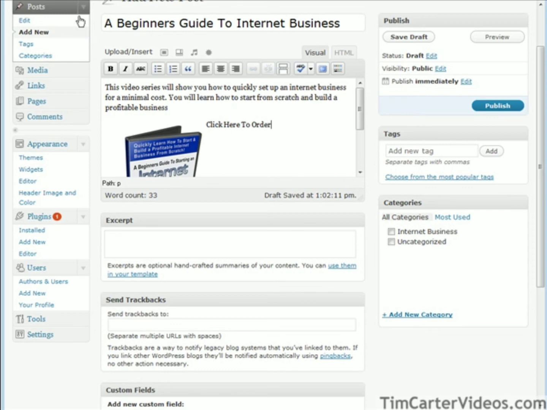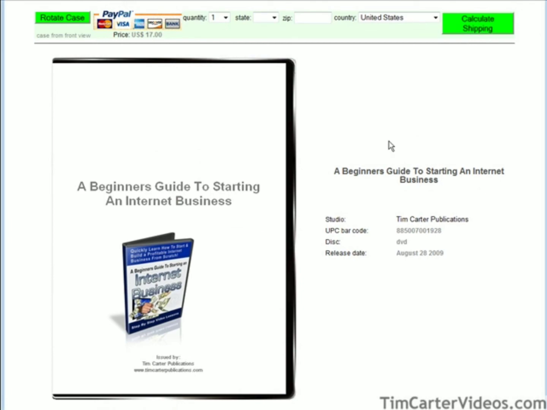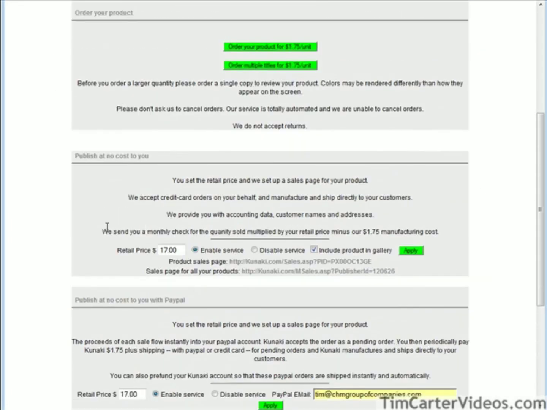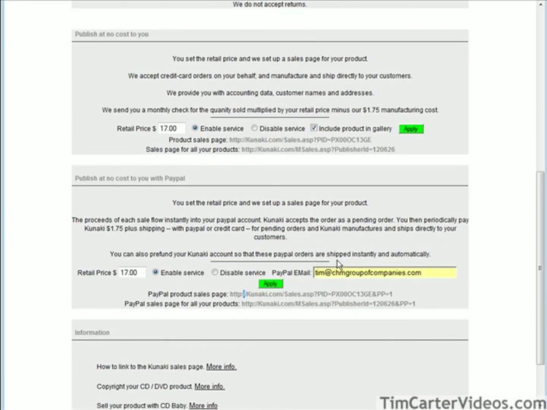Okay, and then what we do is we go over to our Kanaki site. And then we decide what we're going to use. We can use Kanaki's order page, or we can use the PayPal order page if we want the money to go right away into our account. So we can just copy this link here. Just highlight it, do a copy, and then we can go back